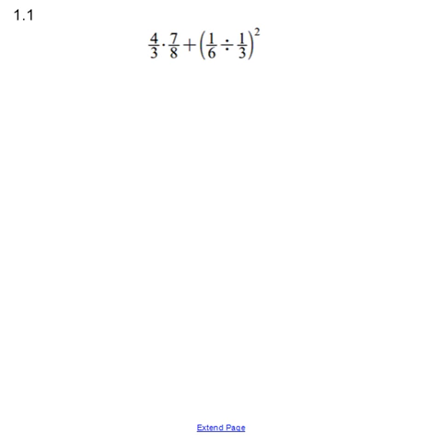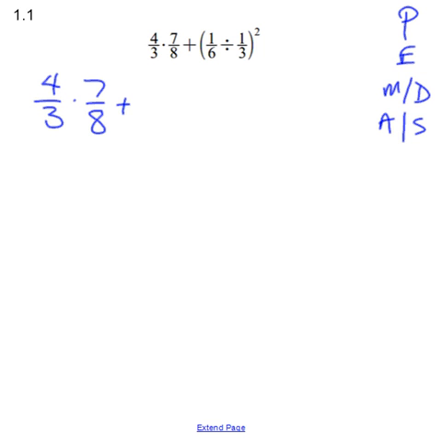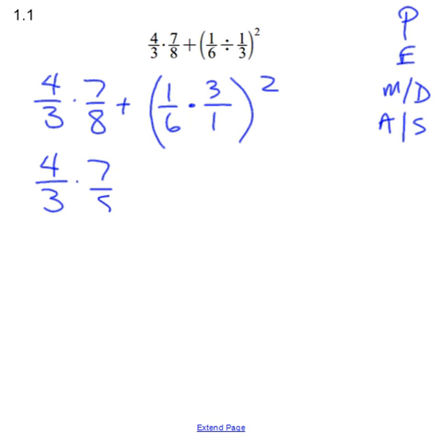Okay, so the next one has got some fractions in it. So again, our order of operations. So I have some parentheses, so I'm going to do what's inside the parentheses first and copy everything else down. So when I do that inside the parentheses, it's a division of fractions, so I'm going to do 1/6 times 3 over 1. That means I'm going to do